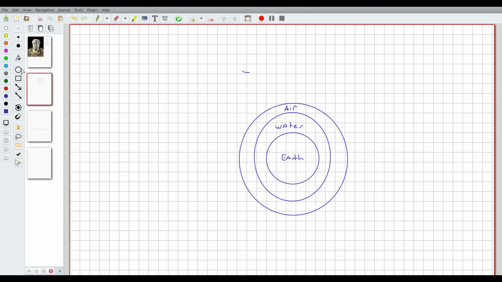And sitting above that, you have fire. Now, all of this sphere of elements, if you will, is embedded in something called the ether. So, according to Aristotle, the reason why things move was because they were trying to return to whatever their natural